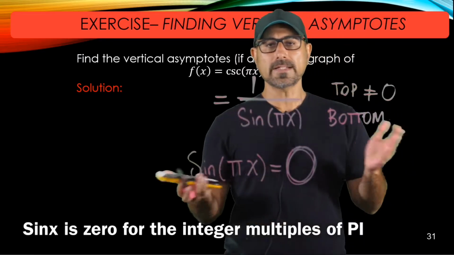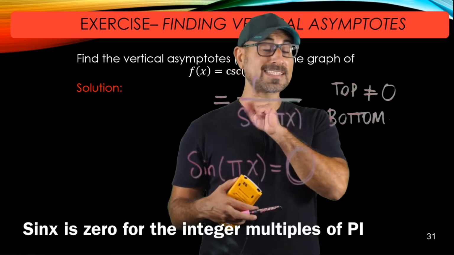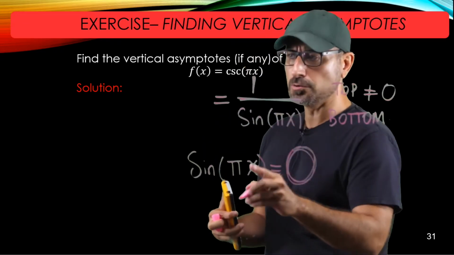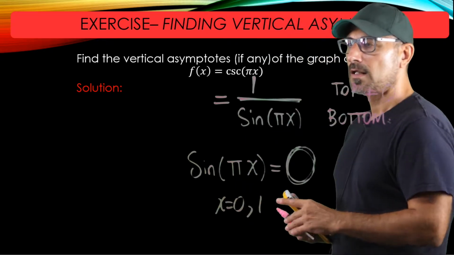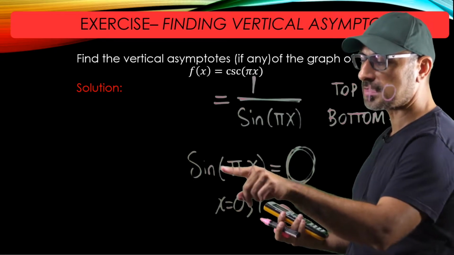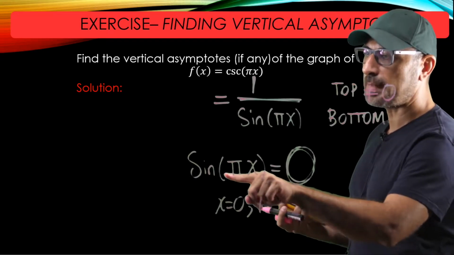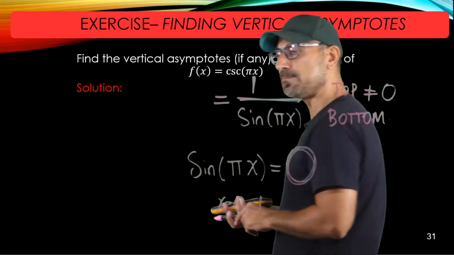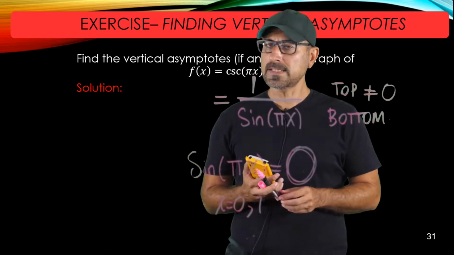Because there are multiple places on the unit circle where the sine would be 0, for example, x equals 0 is a good candidate, and x equals pi is another candidate for the sine function to be 0. But this is sine pi x, so if I choose x to be 0 or 1, these two would satisfy this equation. x equals 0 makes the inside 0, and sine of 0 is already 0. And x equals 1 makes the argument pi times 1, which is pi, and sine pi is 0. So 0 and 1 are two solutions that I came up with real quick.